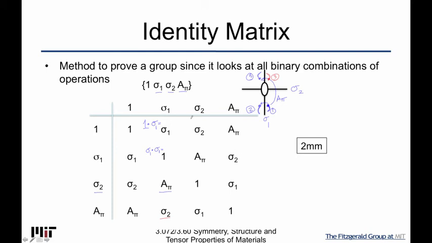So, for example, sigma 1 and sigma 1 give me a 1. Sigma 2 and sigma 2 give me a 1. That's because in each one of these elements here, it doesn't have to be this way, by the way, in a general case, but it turns out that each one of these undoes itself, right? Now, it doesn't have to be that. It could be another element undoes it, but in this case,